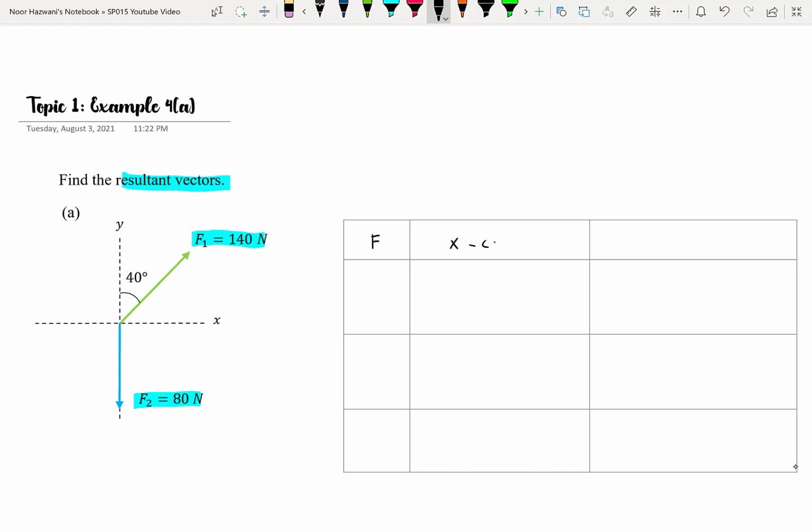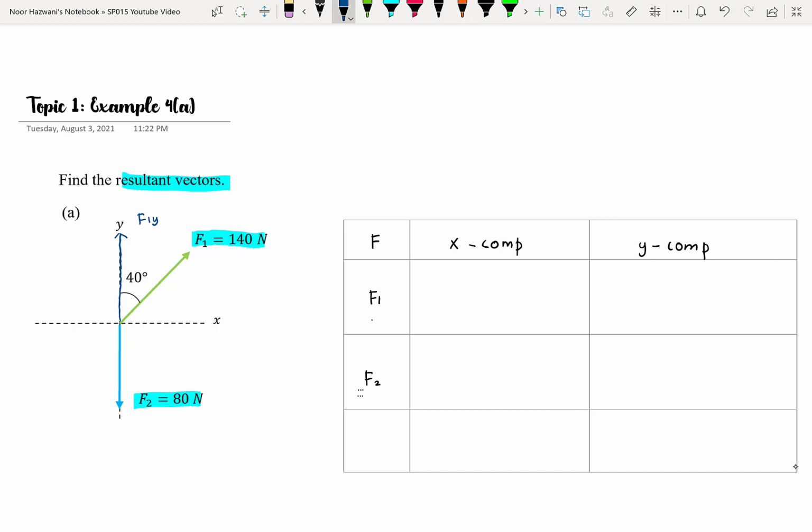And then second column would be you punya X component. And then the third column would be you punya Y component. Okay, and then you ada berapa vector? So you ada F1 and you ada F2. Okay, and then after that, since F1 you have angle with 40 degree from the vertical component, so you have to resolve your F1 into X and Y component. So basically kita akan ada kat sini, which is kita punya F1Y,